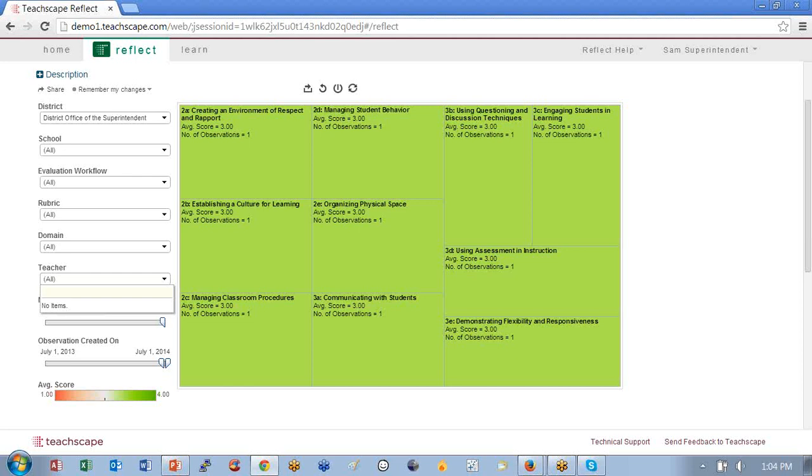Okay, so essentially anyone who is doing evaluations has access to these reports. If you aren't actively doing evaluations and you don't have evaluations assigned to you, then you need to have the role called district administrator. And the district administrator is somebody who can run these reports. If you're a district administrator at the district level, you see everything for the district. If you're a district administrator at the building level, you see everything for the building.